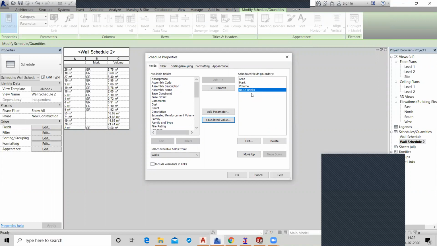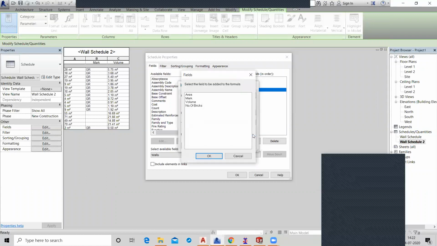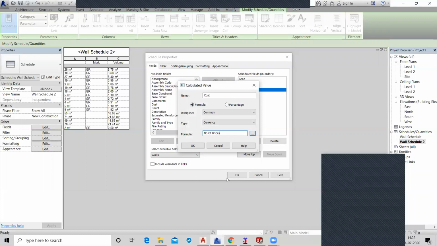And you can find the cost of your bricks also. You just click on Calculated Value again, and here you type Cost and choose currency as the type. In the formula, choose number of bricks multiplied by 0.4 dollars.